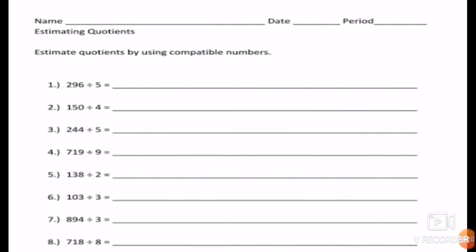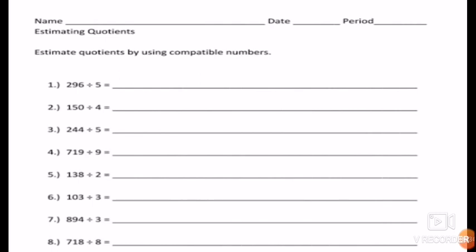Now the 7th question is 894. Can you tell me what the rounded off value of 894 will be? Yes, on the 100 place we have 800 and on the tens place we have 9, which is more than 5. So 1 will be added on the 100 place. So that will become 8 plus 1, 9. 900 divided by 3. What will be the quotient? 3 3s are 9. Yes, 3 3s are 9. The quotient will be 300.